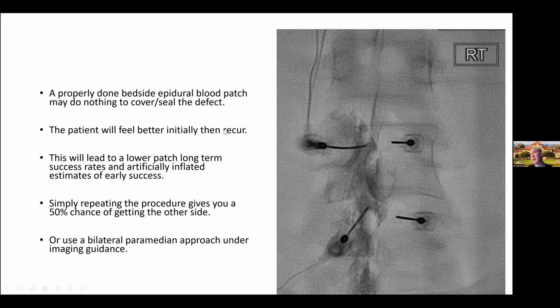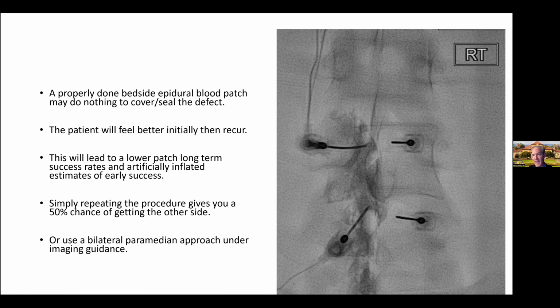Why is this? So we know that injecting volume into the epidural space without actually sealing or covering a defect pressurizes the bag of fluid temporarily and causes some temporary remission of symptoms. We've known this for a long time from studies that suggested that epidural saline, simply putting saline in the epidural space, resulted in pain relief for people with post-dural puncture headaches. But of course, it has no effect on sealing the defect. And when they started using blood, it became immediately clear that blood was more effective than epidural saline for post-dural puncture headaches. So there's 2 things that the patches do.